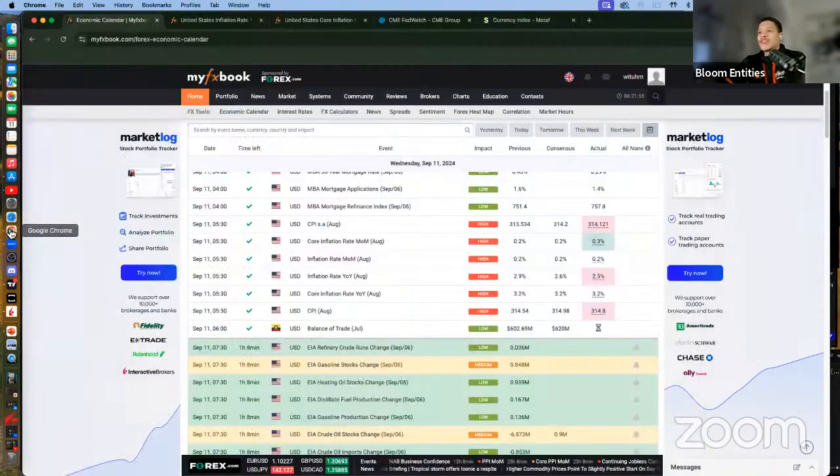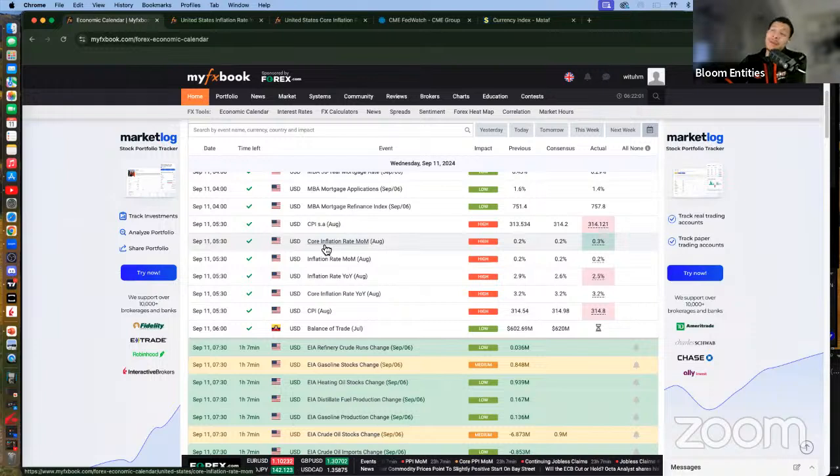So I would be curious to know core CPI is probably a coincident indicator,